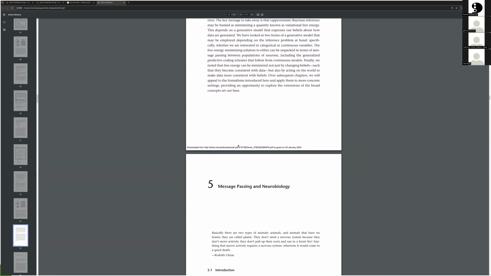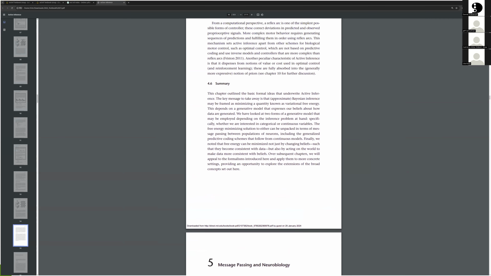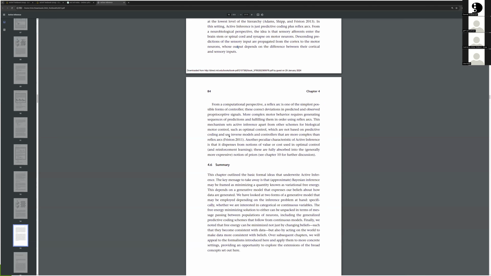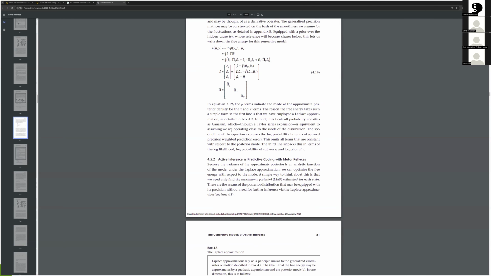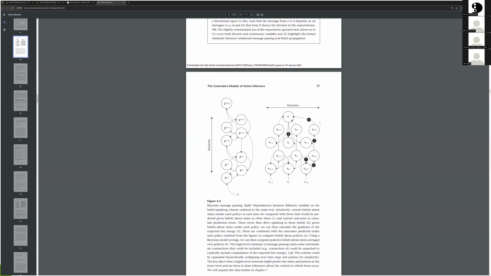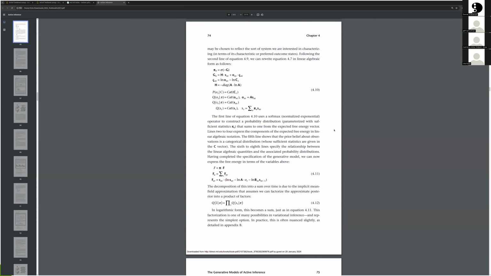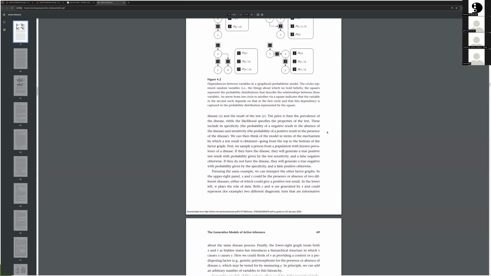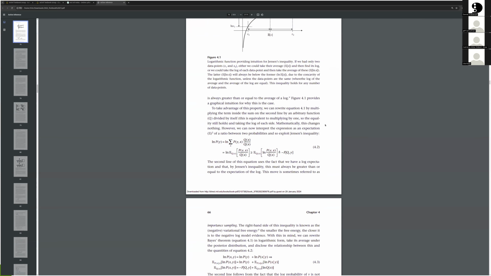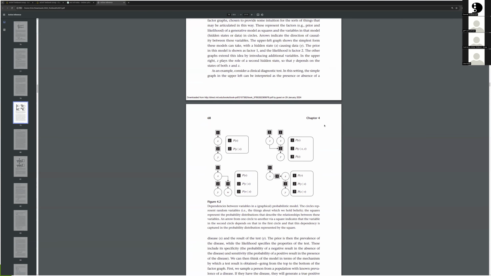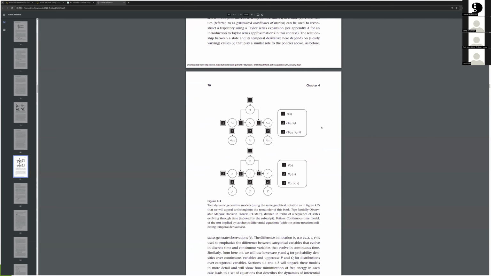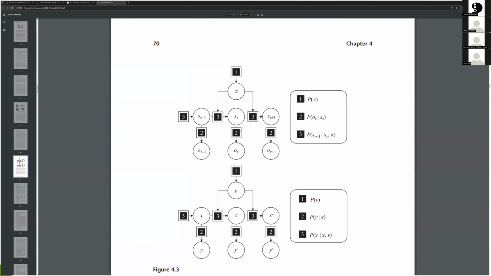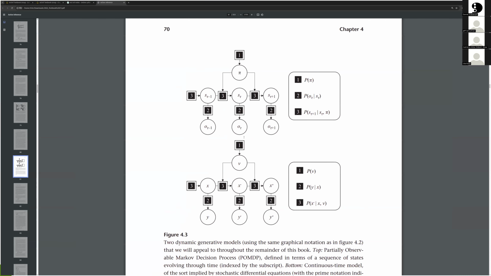Five is going to do some reviews on neural systems, which is where these models have been applied most. But yeah, 4 is where the generative models, at least the simple motifs for discrete and continuous time, are shown. And there's other motifs and patterns like hierarchical and things like that, but they highlight the difference and the similarities between the continuous and discrete time, and that's a big structuring element of the book with chapter 7 and 8.